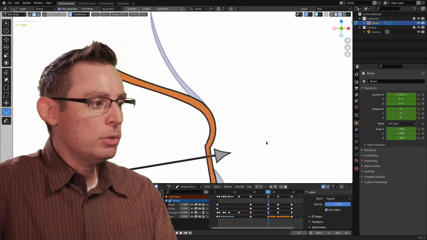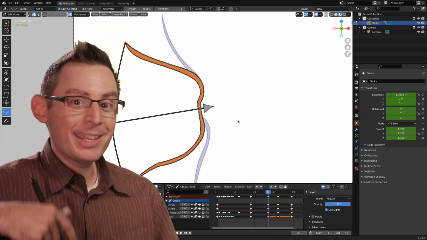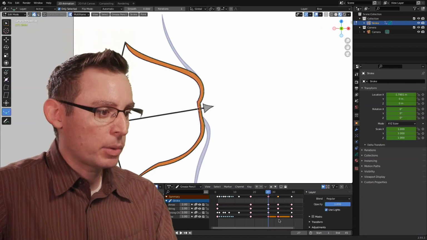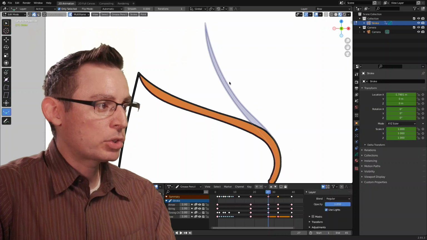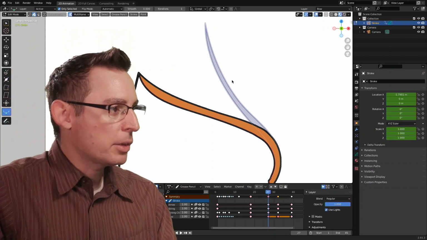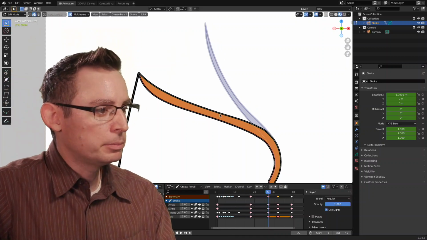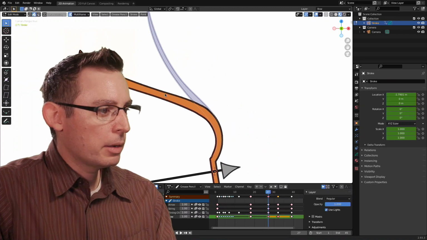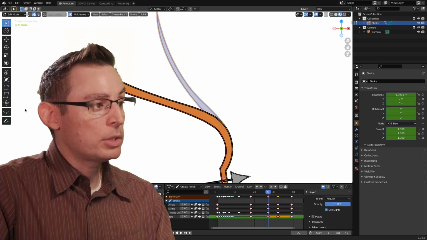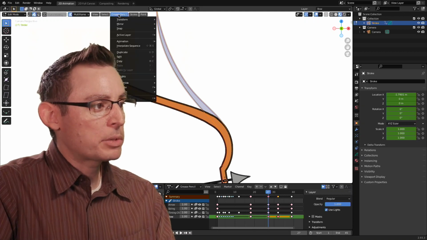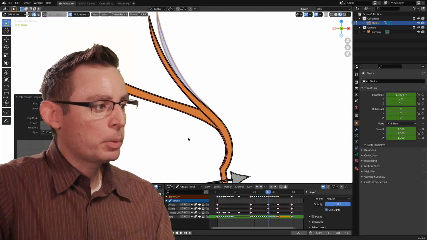And check it out. I'm going to use something a little bit different. It's going to use the exact same setup. So I got to select my keyframes down here. I got to go in and make sure that I got my strokes selected upstairs. I'm going to go back to my box selection mode. Grab that one. Grab this one first. Grab that one second. And now, instead of going into the interpolate tool, I'm going to go into the grease pencil pull down menu and choose interpolate sequence.